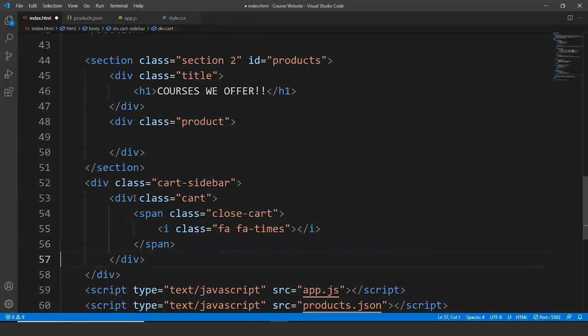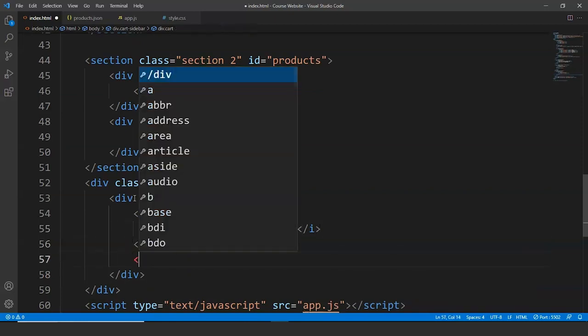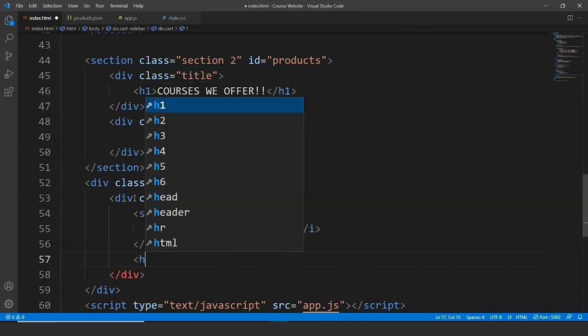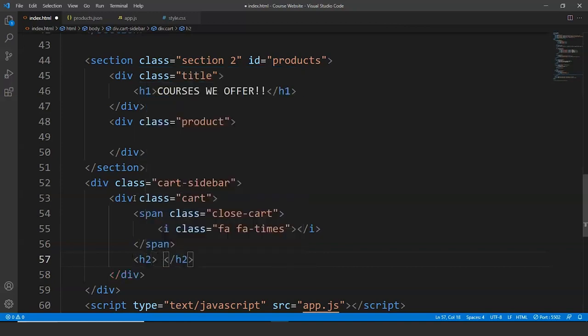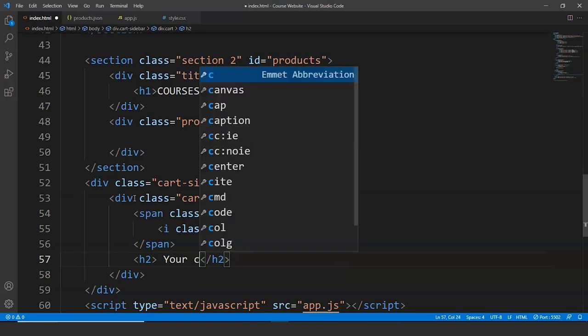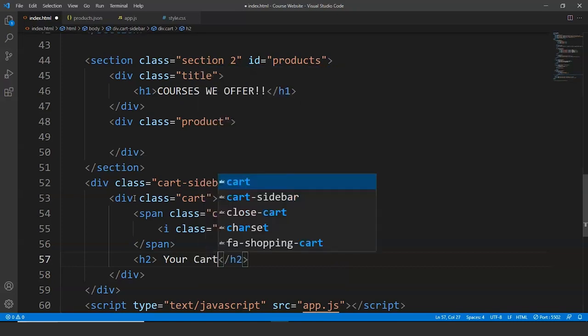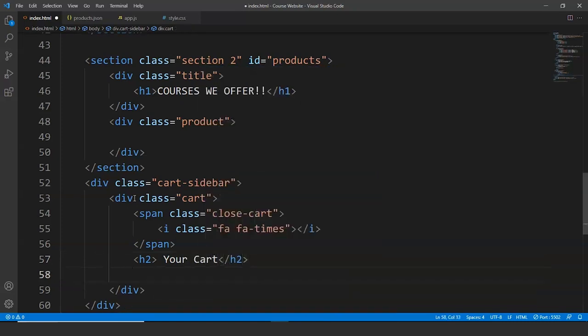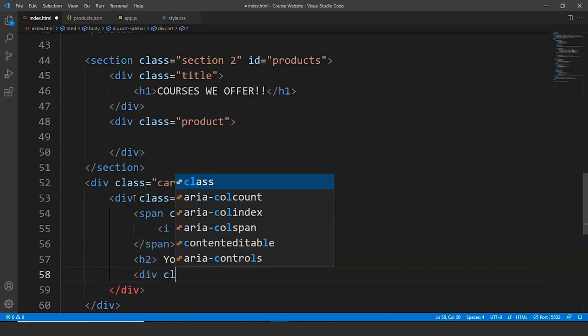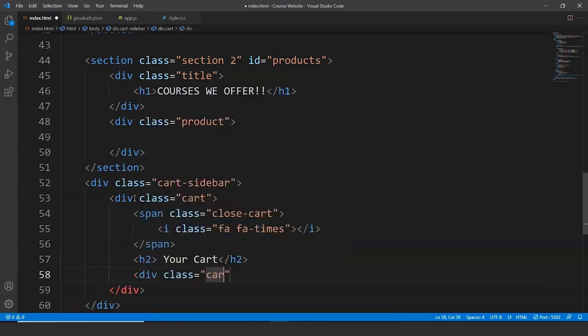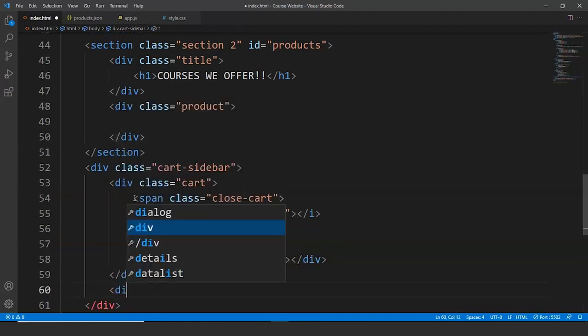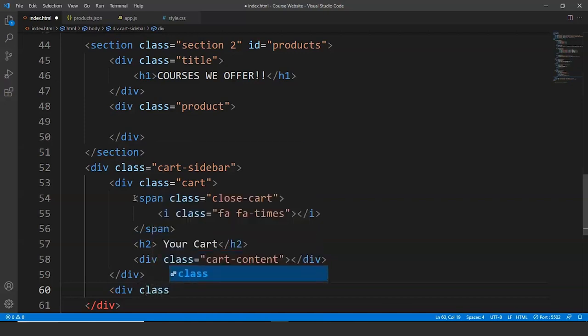Now next up what we are going to do is write the code inside of our cart. We are going to write here h2. It will say your cart, and inside this we'll write div class is equals to cart content. Next up we'll write here div class is equals to total sum,